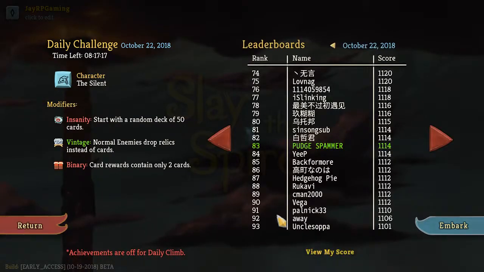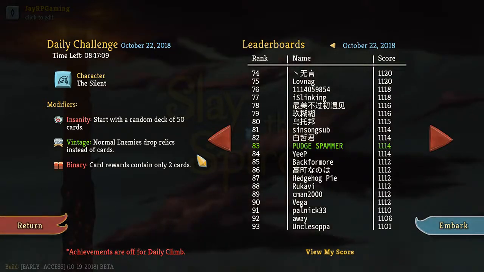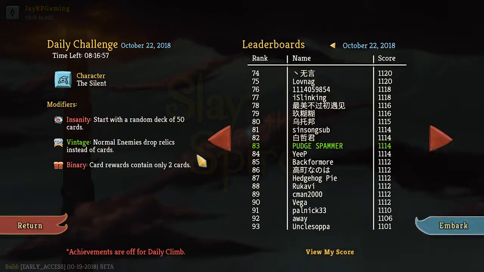So that's also good. 83rd. Okay, top 100. That's not too bad. Top 100 is acceptable in my eyes. With 8 hours left, it's a pretty accurate description. We were for like 20 spaces, so we might just fall out of top 100 before the end of this day. But it's still top 100 for right now, and that's kind of what matters for me, because I think my main goal when I play Slay the Spire is obviously to get as many top 100s as I can,